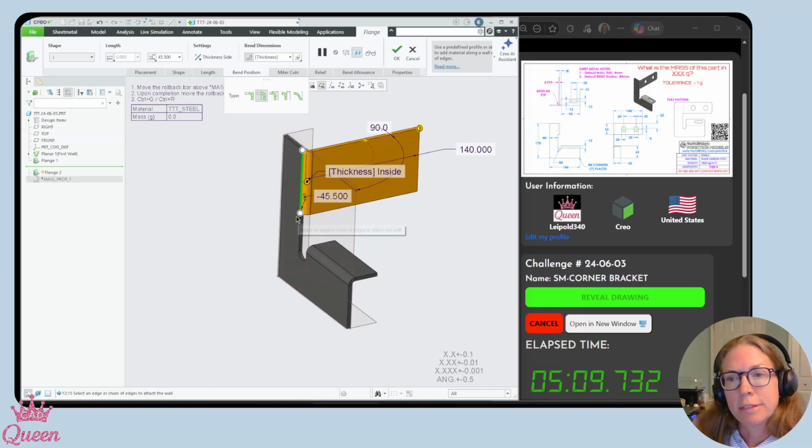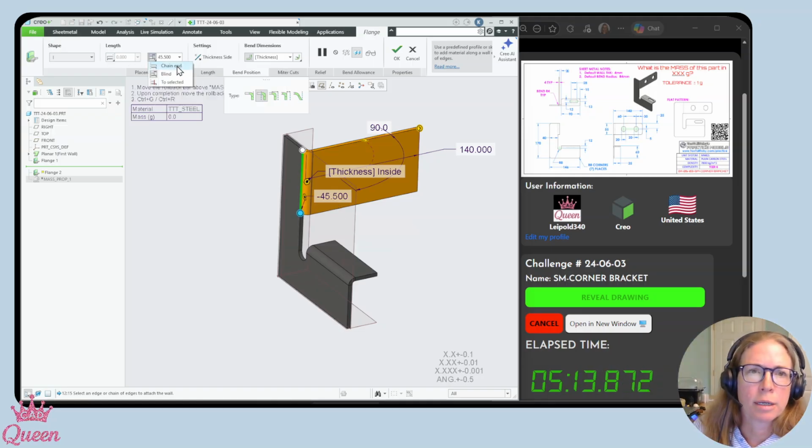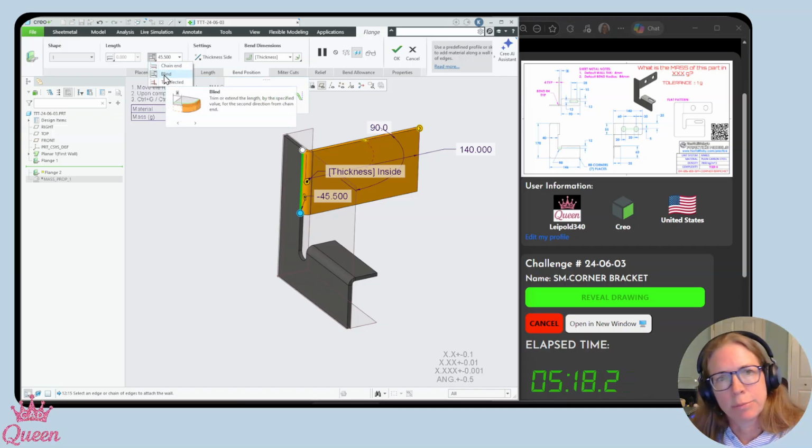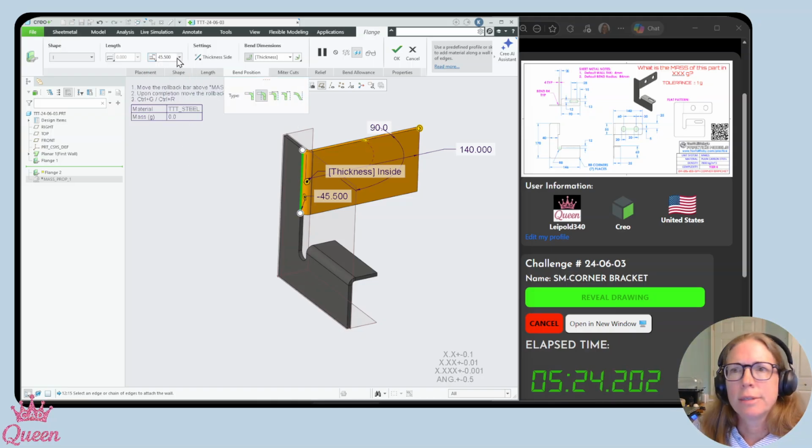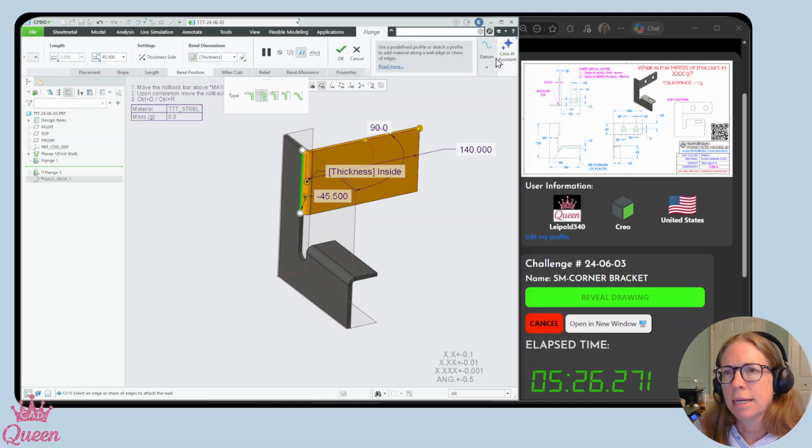That's not intuitive to me. So my other options when I look here are it goes to the entire end of the chain. It's a blind depth with a value coming back from the end of the chain, or I can do two selected. Well, I know the number I want, so I think I'm just gonna